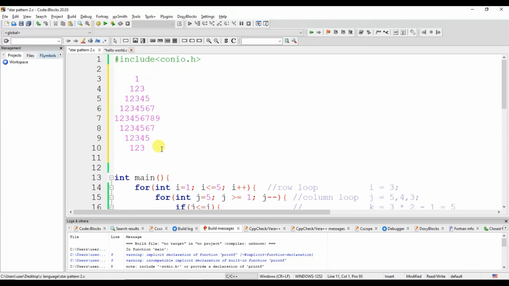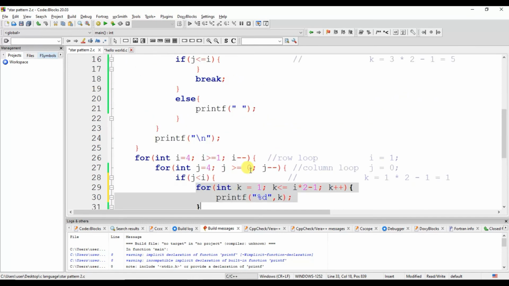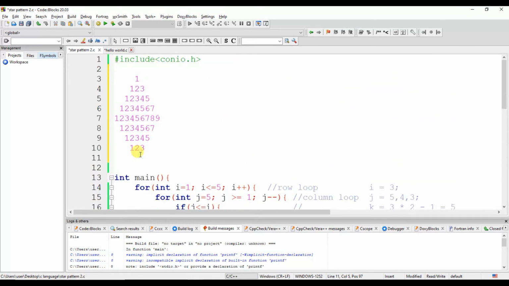Then I is equal to 1, and 1 into 2 is 2, minus 1 equals 1. Then this loop works a single time and prints only 1. So we print 1, and that's how we achieved our number pattern.